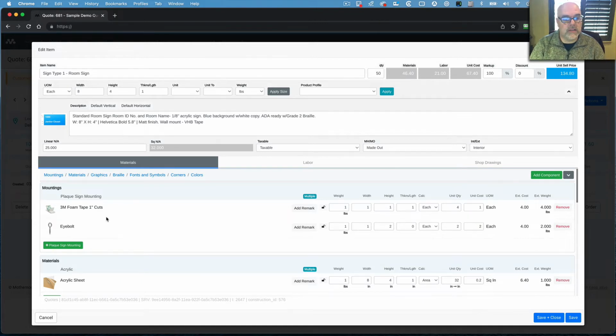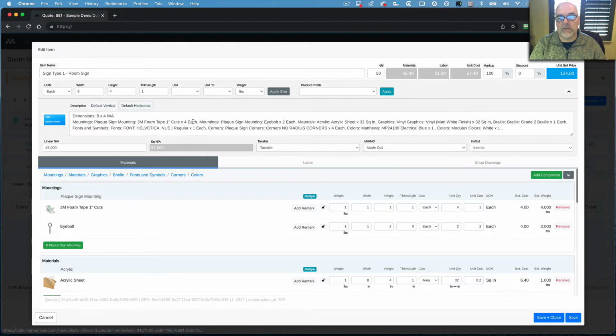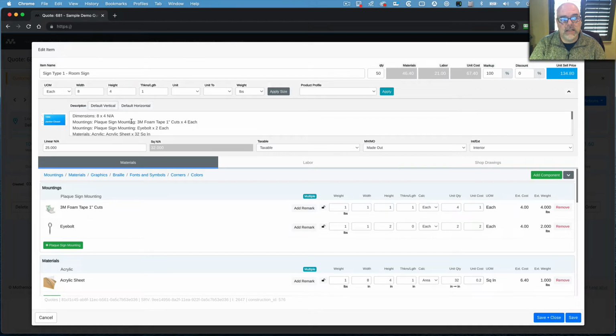Okay, so for instance, in this case over here, very simply, you can see some parameter information across the top. If you want to present this in a default vertical view for the description, you can do that. If you want to use a horizontal view, you can do that. This is just about saving space or what's more important to you when you're presenting this to the customer within the quote, okay? So I'll just leave it like this to show you the difference between the line items, what